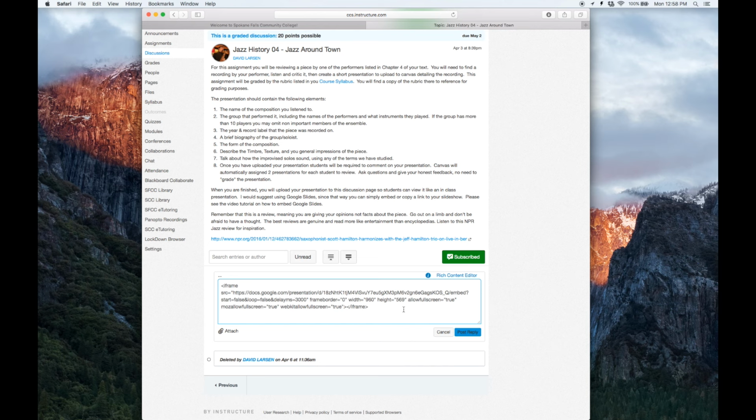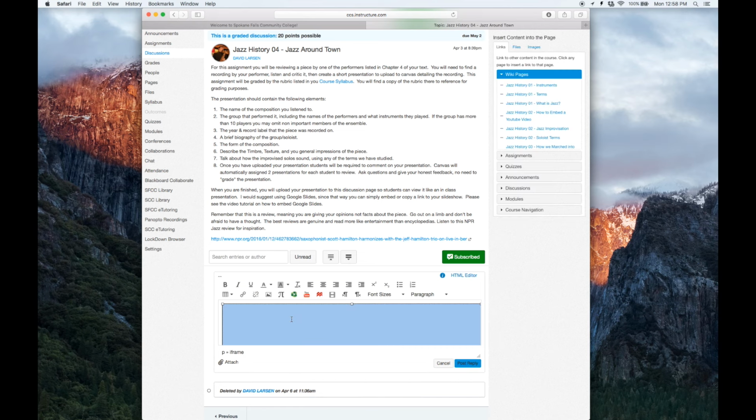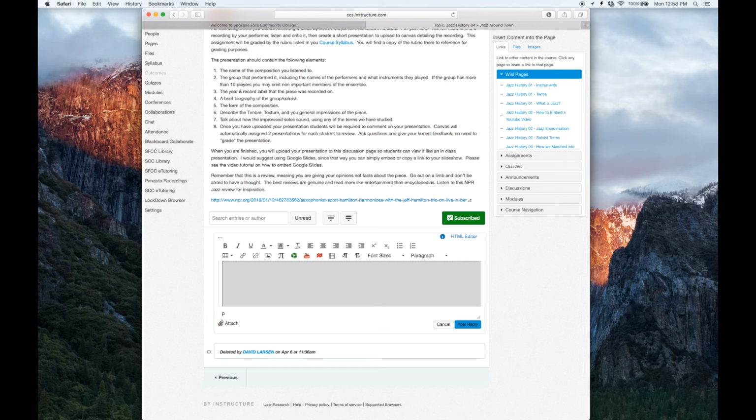Once we're happy with that, we can either post the reply, which will give your slideshow with no additional text, or we can go back to the rich content editor. And again, we can click into the box and hit our arrow key over and a return, and then we can type extra text to introduce our slideshow. And when we hit post,